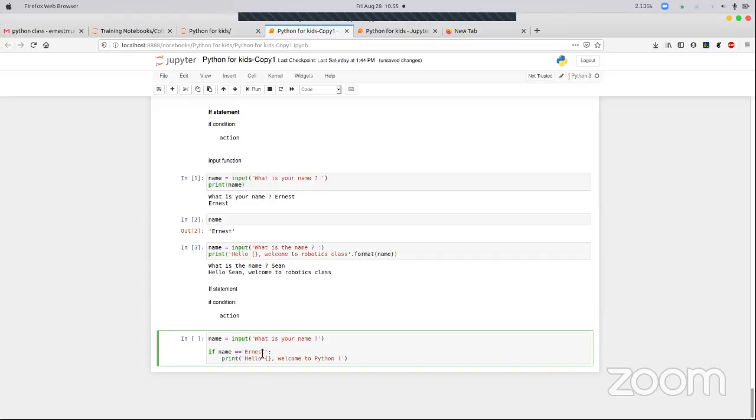And so as we said, that action, which is down here, will only be taken if the condition is true. And so let's say if I insert any other name apart from Ernest, nothing will be printed out to my screen. And so to demonstrate this, we can run. Let me run this